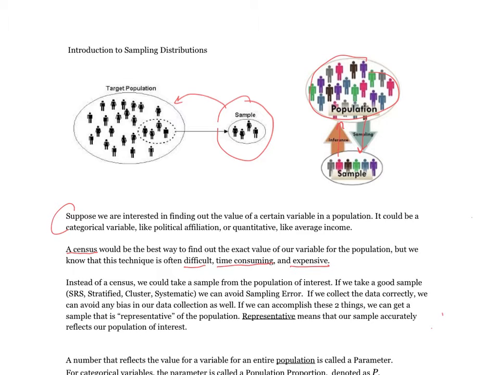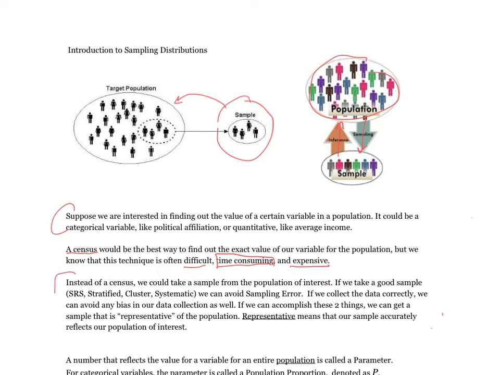And in today's day and age, the time-consuming part is probably one of the most important aspects of this. We want to make decisions based on data we collect today, not data that's going to take us weeks and weeks and weeks to collect. Plus, by the time you've got the data collected, the population could have changed, or changed their feelings, based on some event in the world or new information, etc. So nowadays, we really want a sample to get a snapshot of how things are doing right now with that population.